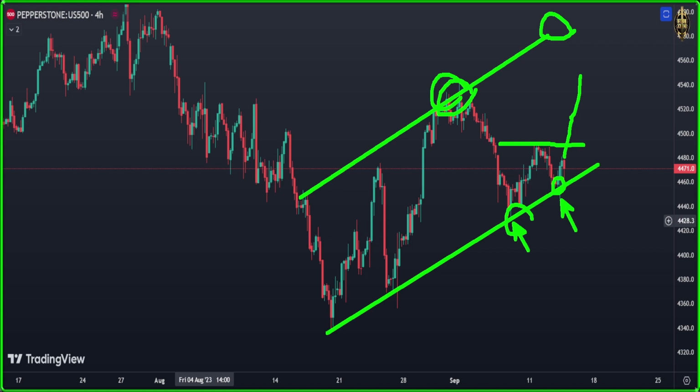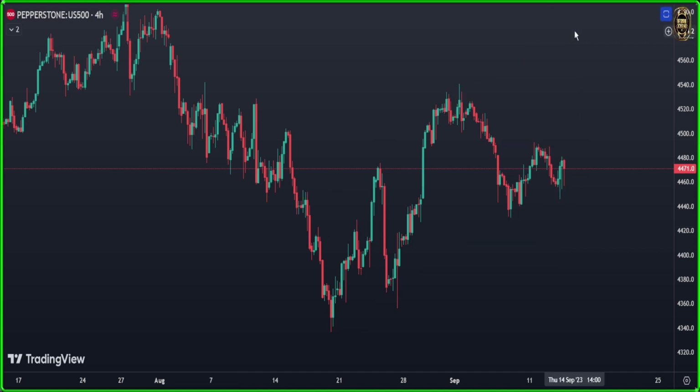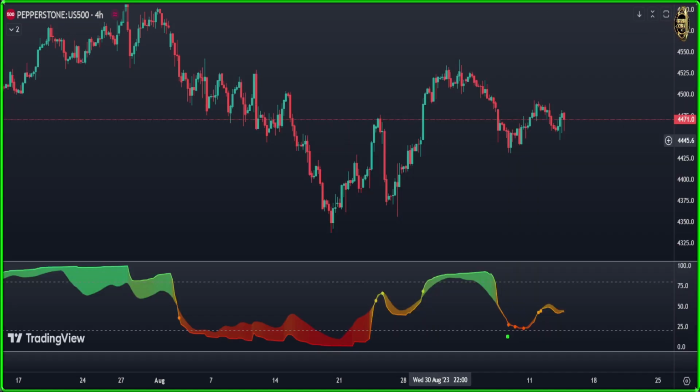There is nothing yet. The only thing today was the CPI data. But before that, let's see our indicator of the chain. Our indicator, as you see, has been here in the oversold area. Now it tried to give us a price action. Till now it's not yet clear. So we are also waiting till that one comes here and breaks above here, and it's going to give us a very clear double bottom like that. So till now we are still waiting, guys. I think the picture is not too clear here.